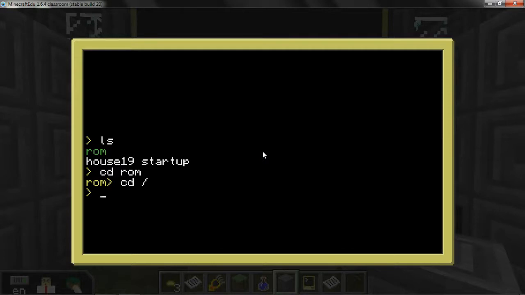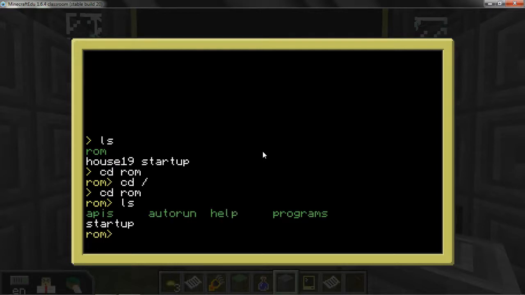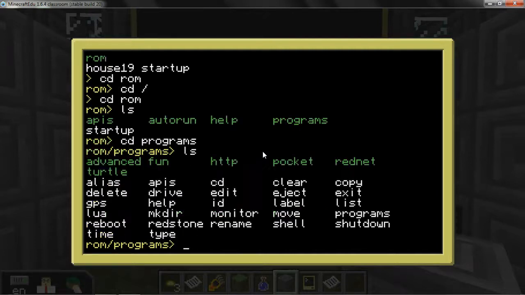So at this point, the students are teased by asking if they can find the game. What they'll probably do is change the directory to ROM, and once they're there, list out what's there. They might think, okay, if I'm looking for games, maybe it's in the programs directory. So then you would change directory to programs, and list out the contents of that directory again. And oh, look at that! Aside from all these programs,